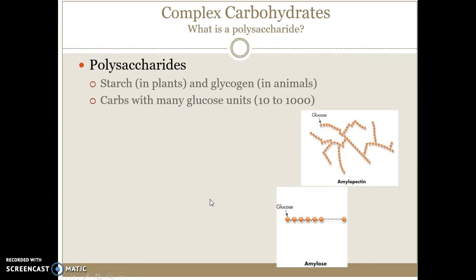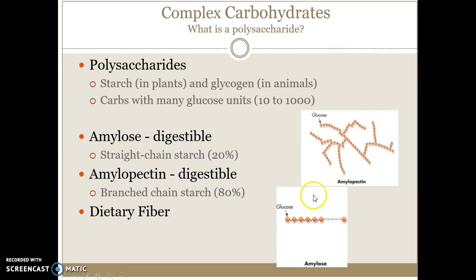But as you add more and more of these monosaccharides together, you have what's called a polysaccharide, and it becomes a chain, sort of like we saw with the protein. So it's a chain of monosaccharides, and these are what give us energy. This is just a chain. A straight chain is called amylose, and a branched chain is called amylopectin. And that affects how we cook and so forth, but it doesn't really affect the calories.